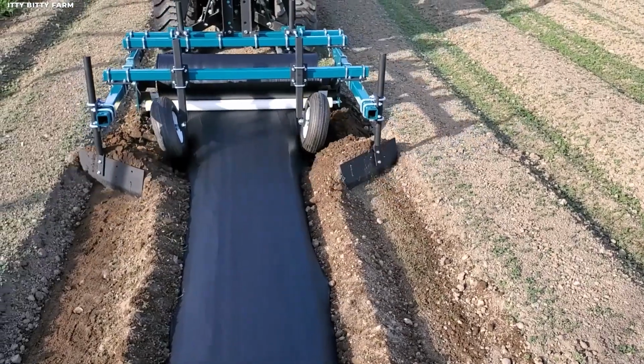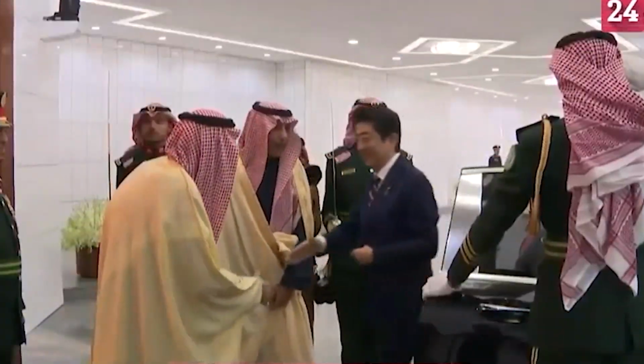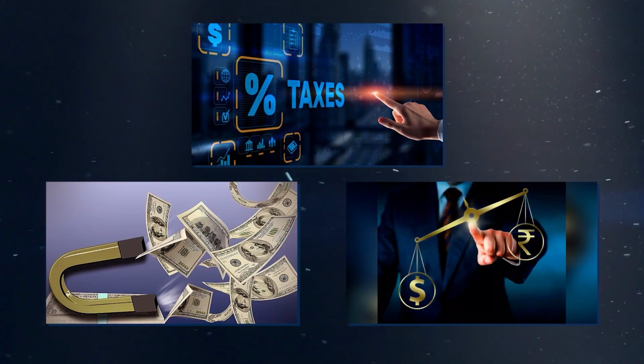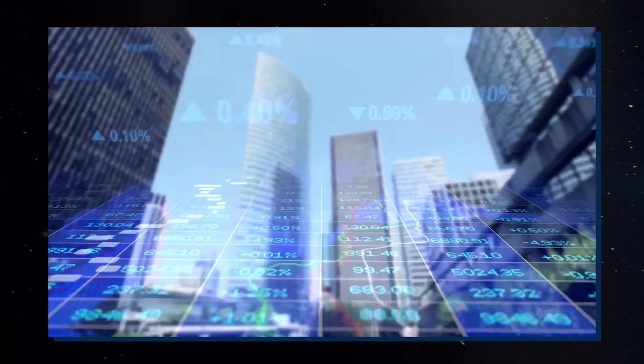The Saudi government has played a crucial role in the development of the country's agricultural sector. The government has been proactive in promoting investment in agriculture, offering tax relaxation and other incentives to encourage foreign and domestic investors to enter the market. The government has also relaxed investment regulations and streamlined bureaucratic processes to make it easier for investors to establish businesses